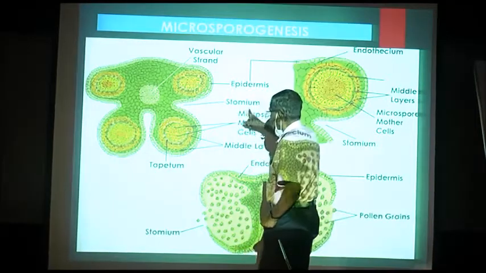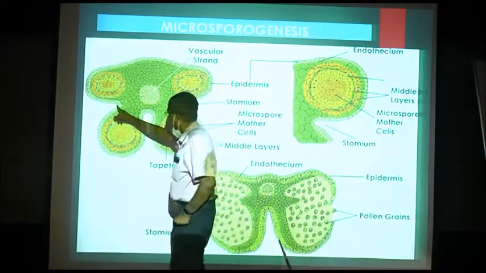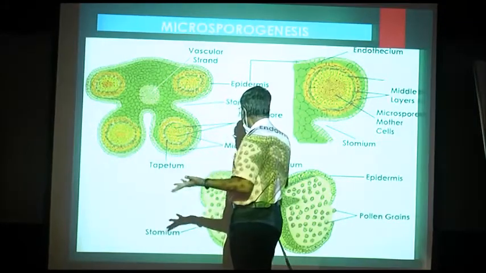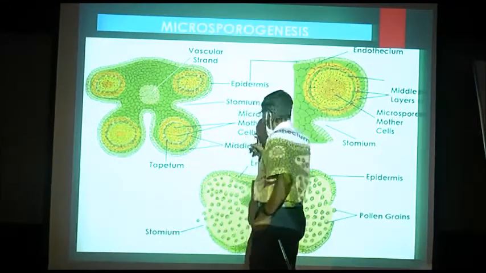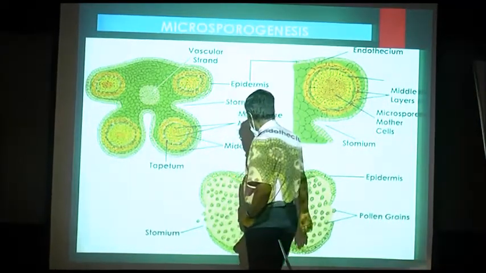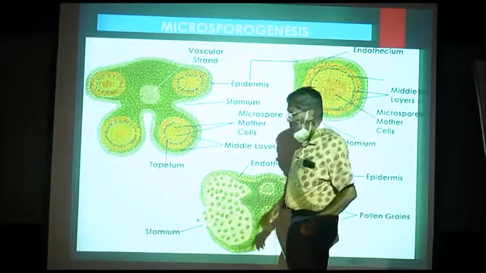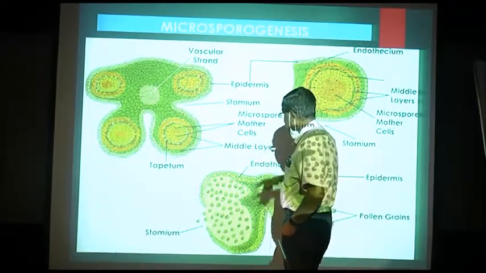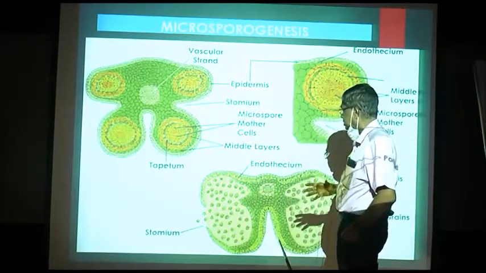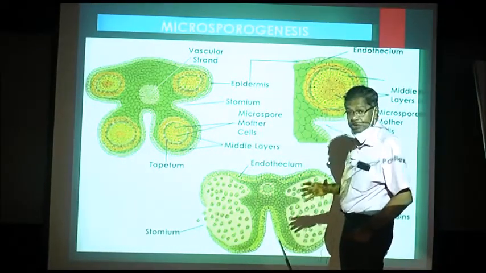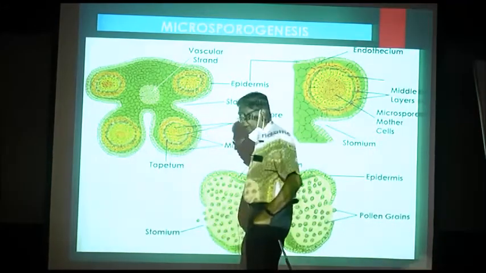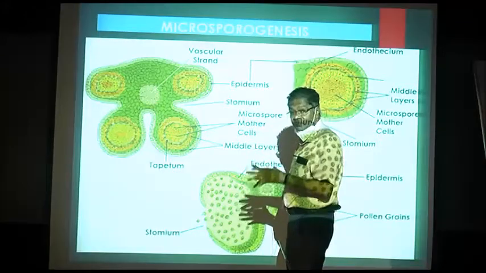The important thing is it has a stomium at this portion, which helps in breakdown of the anther, and here there is sporogenous tissue which forms microspore mother cells, and these microspore mother cells undergo meiotic division to form microspores, and there is one layer which is called tapetum that provides food to the